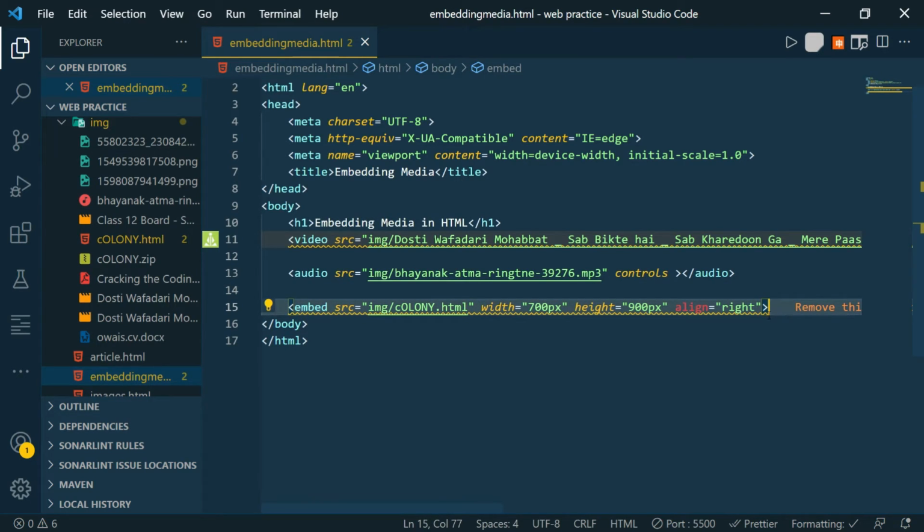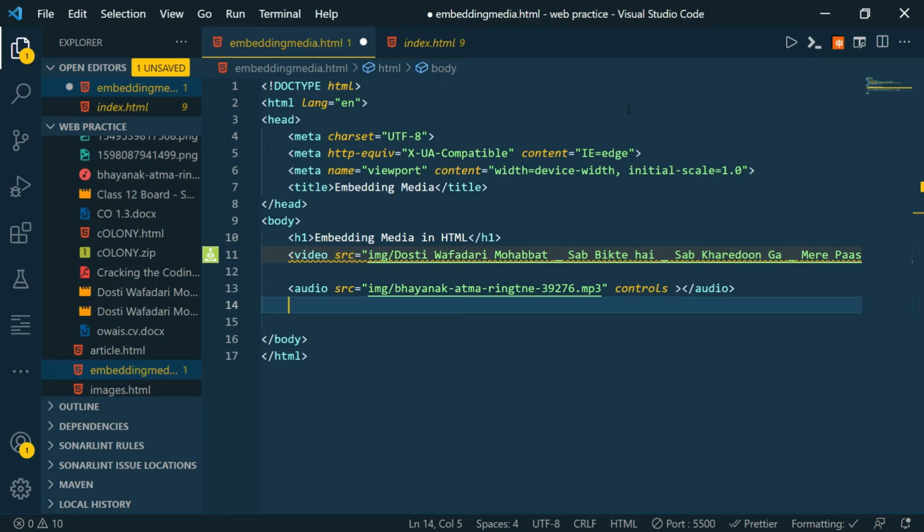Now let us try embedding a larger document and see if it is scrollable or not. The Word document is getting converted into an HTML document and then we are able to embed it. So this time we will directly embed an HTML document which is relatively larger, so that we can judge whether, if we embed a larger document, we may be able to scroll it. So let's write our embed tag and let's embed the article. Let's get rid of this type.